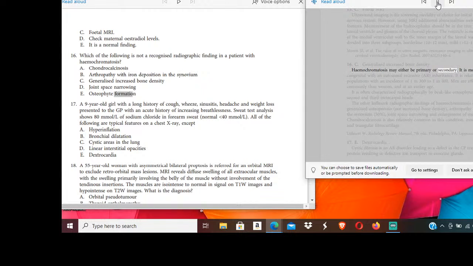Hemochromatosis may either be primary or secondary. It is most commonly primary and congenital with an autosomal recessive (AR) inheritance. It is relatively common in Caucasian populations with an incidence of 1 in 300 to 1 in 400. Men are affected about 10 times more commonly than women and at an earlier age. It is